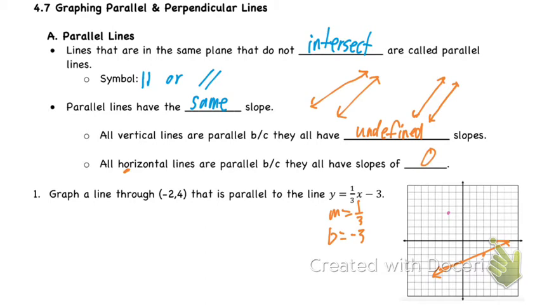Parallel lines have what kind of slope? The same slope. So if the orange line has a slope of 1/3, what's our new line going to have? A slope of 1/3, because it's supposed to be parallel. It has to be the same